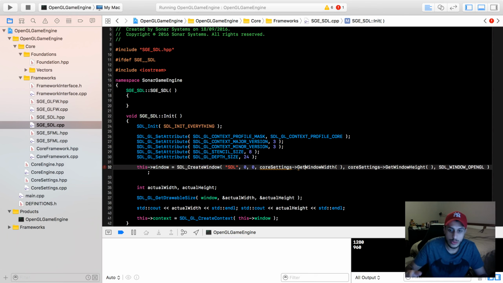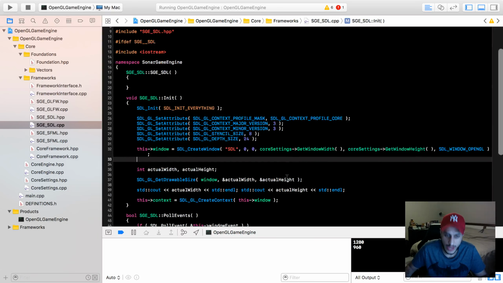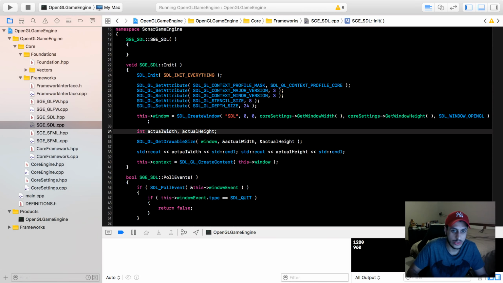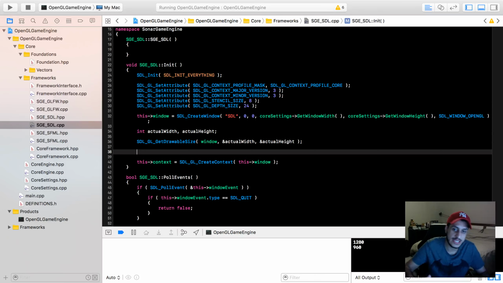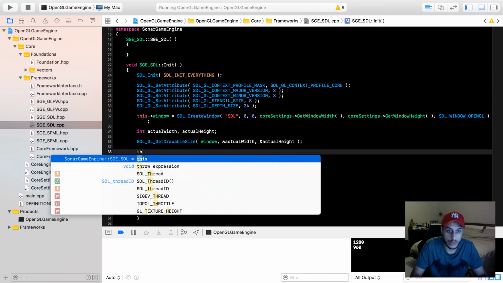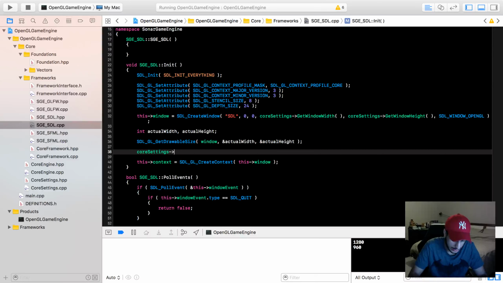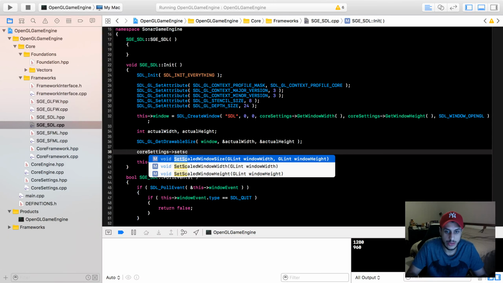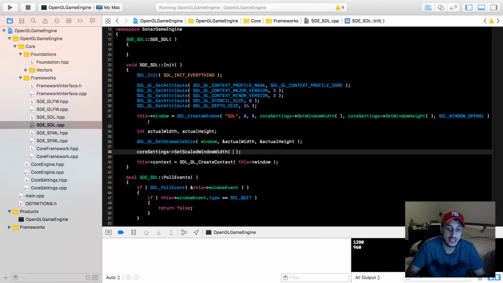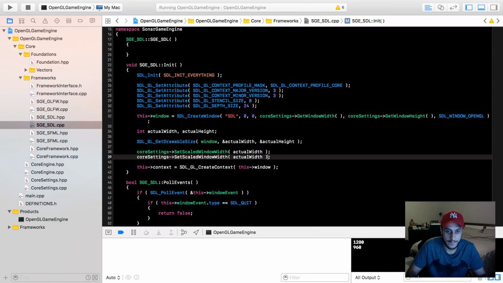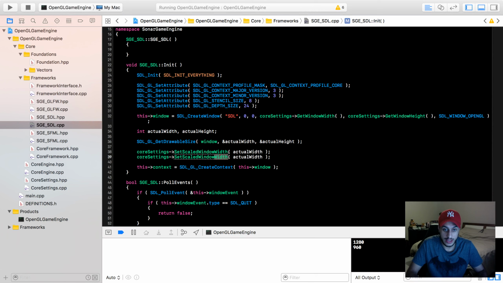in here we set the regular one, and then what we do is once we have the parameters here, we set it like so. We would do core settings set scaled window width. Yeah, here's an example where you would want to set the scaled one. It would be actual width. Now let's do it for the height, because this will get called